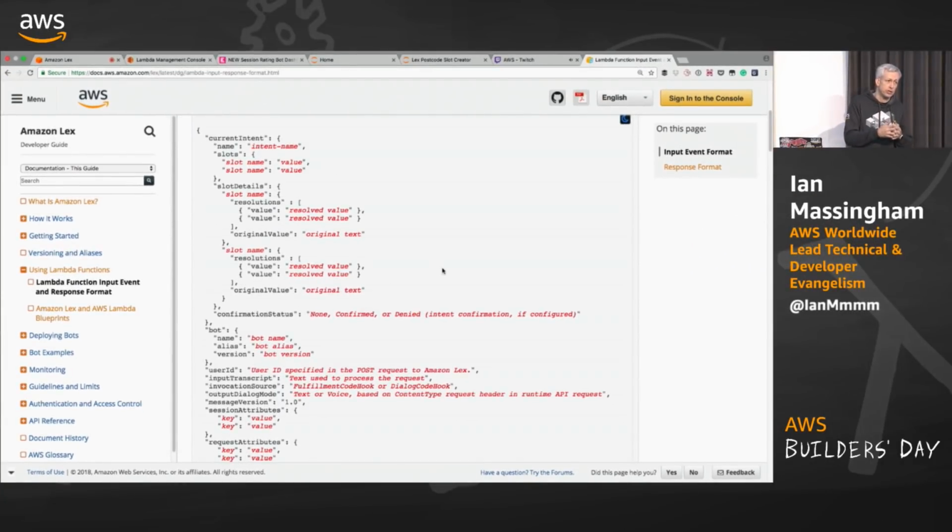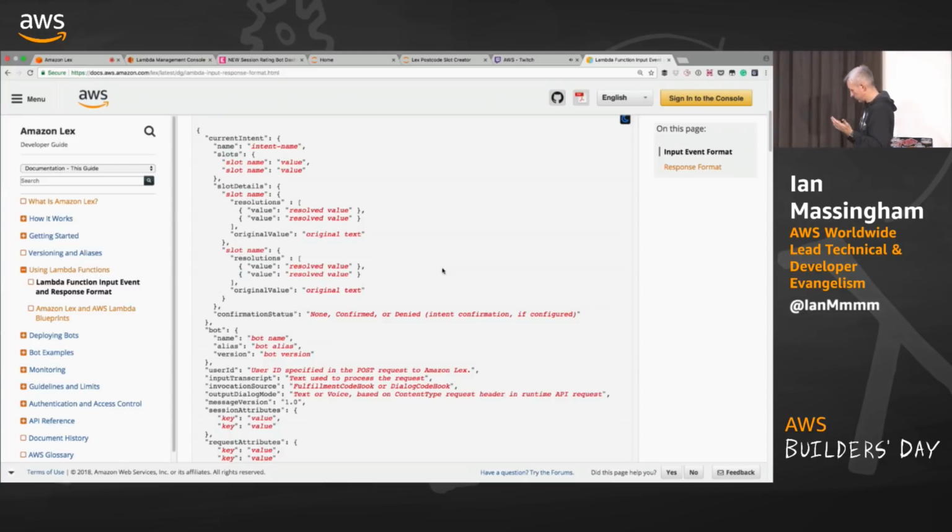Okay, information post the Lex language engine having worked on the utterance. Okay, so there's some pre-processing that takes place in the conversational engine, and then my Lambda function gets called.